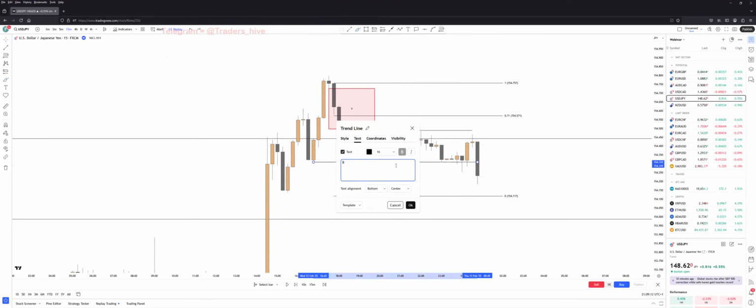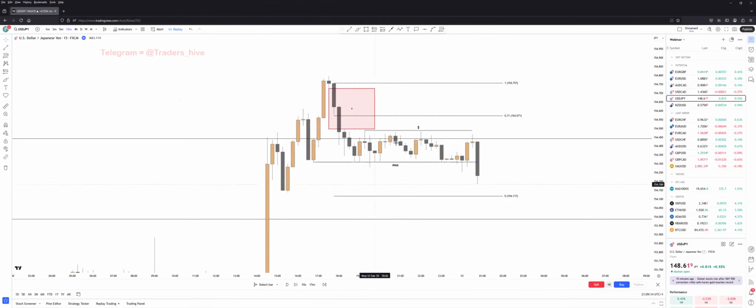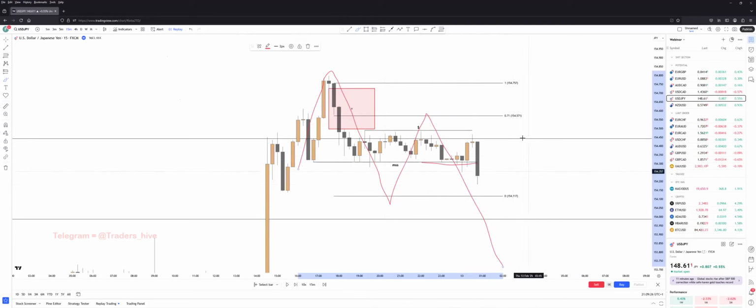So here on this line where I just marked the break of structure, a market structure shift has happened because price decided to break below that low point and create the shift in the market structure. So structure has shifted from bullish to bearish, and we are expecting this overall bearish